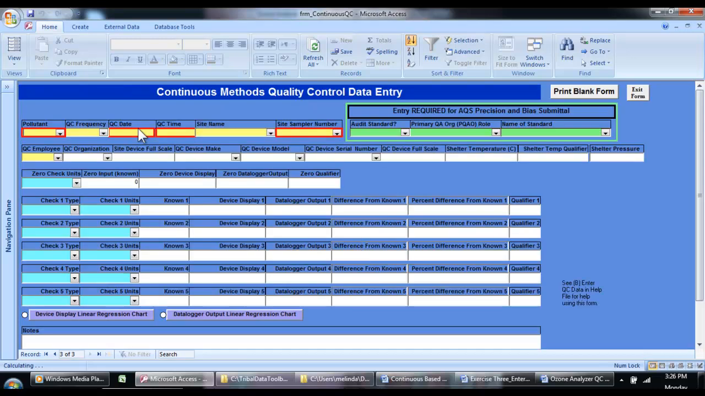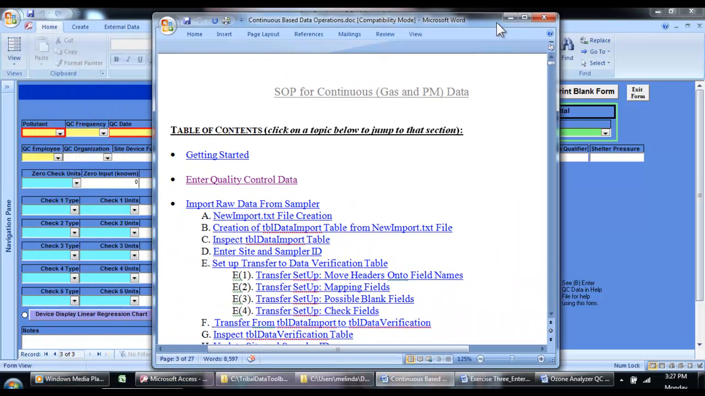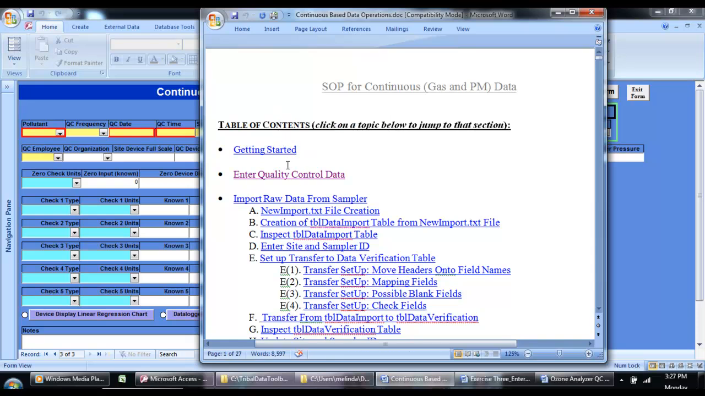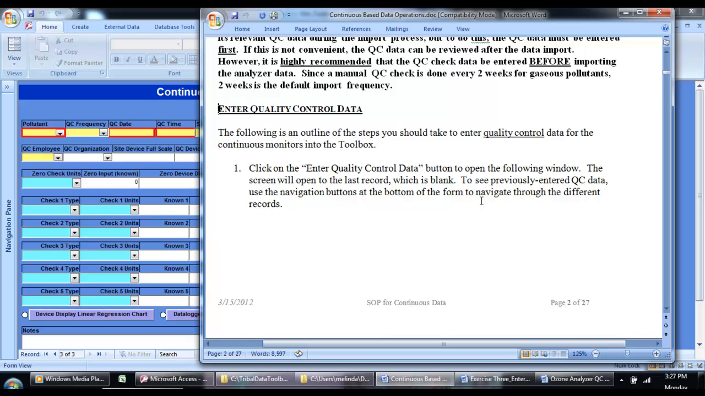So I'm clicking on this top button and it opens up this scary form. Once again, it opens up to a new blank form. I say, holy moly, I had better read the SOP pertaining to this. So I open up my SOP for continuous data, and if you remember, it's got these hyperlinks at the beginning. So enter QC data, I just do control click and it opens it up to that part of the SOP,